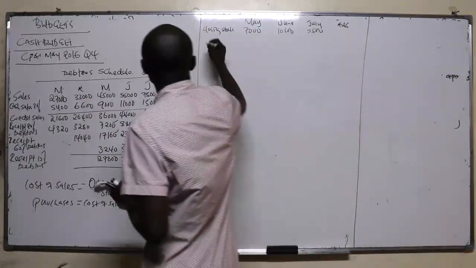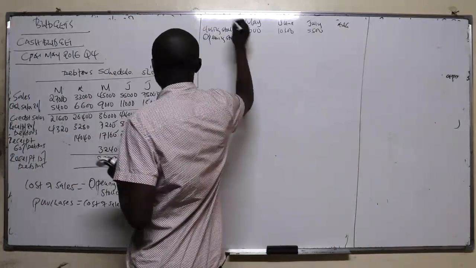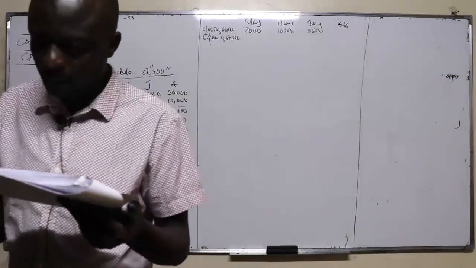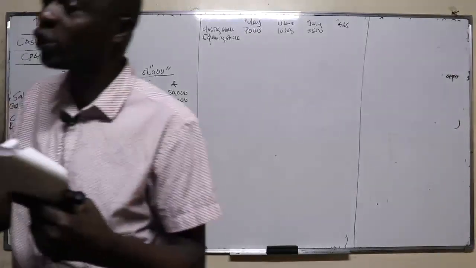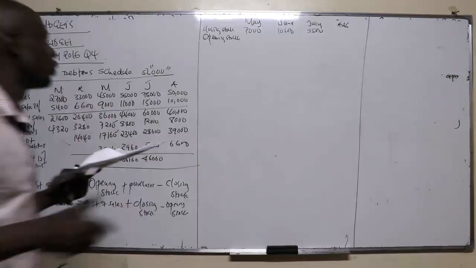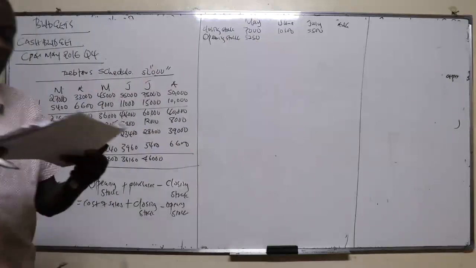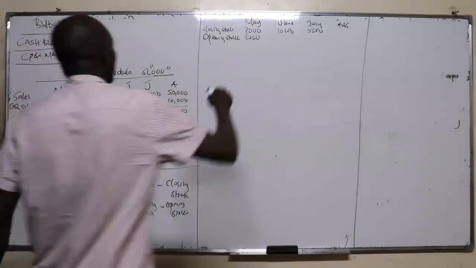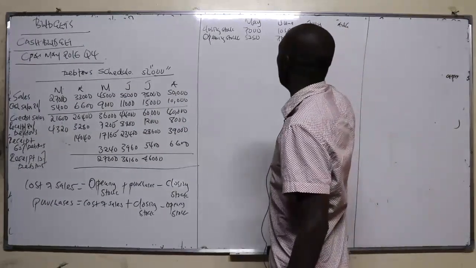Now we come here and determine the opening stock. The opening stock is given. The closing stock in April has been given, isn't it? So the closing stock in April will be the opening stock in May. So this is 52.50. Where are we given? We are given in note number 6, isn't it? So we are all aware the closing stock in May will be the opening stock in June. So the opening stock here will be 7,000.